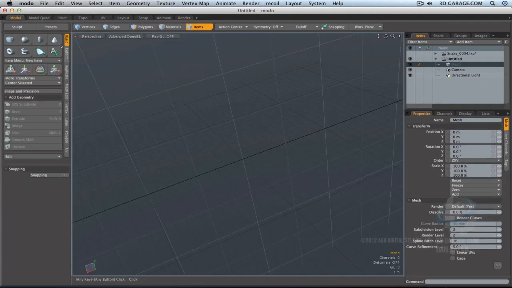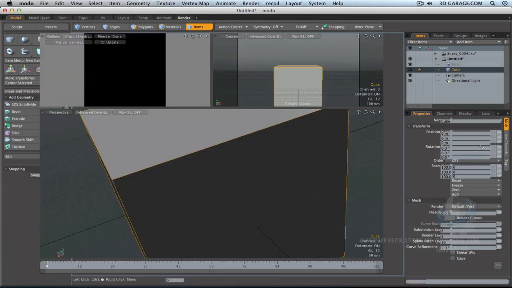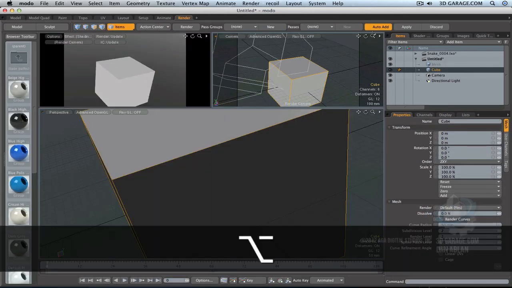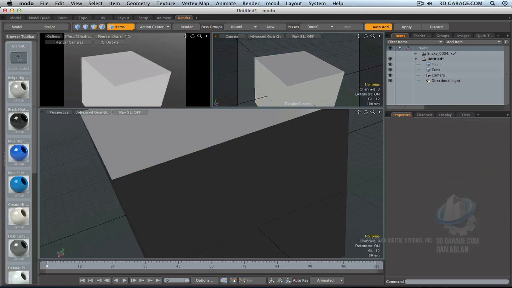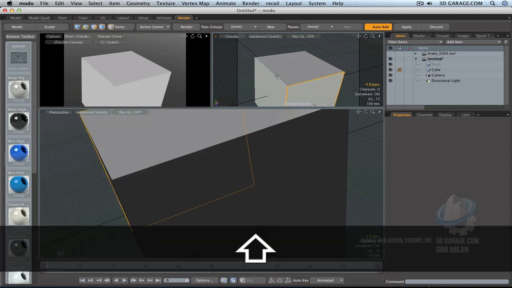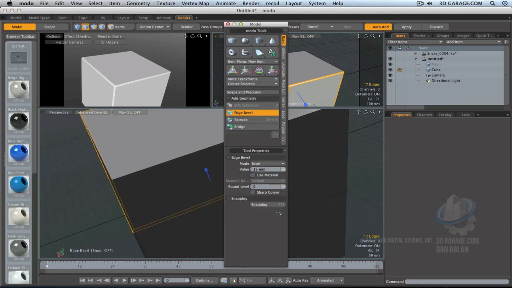Come over here to the Model tab, and let's just say you've got a box, and pretend this box is so bad from a CAD model. Renders terrific, but if you try to bevel the edges, which is what you would normally do, let's get to edge mode here, and you would just normally bevel this out,